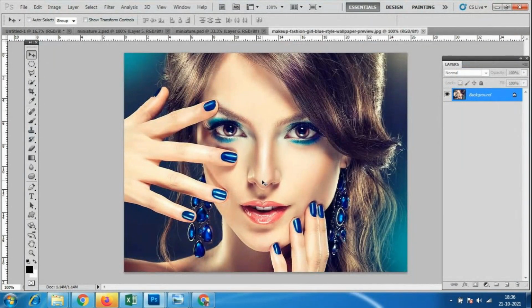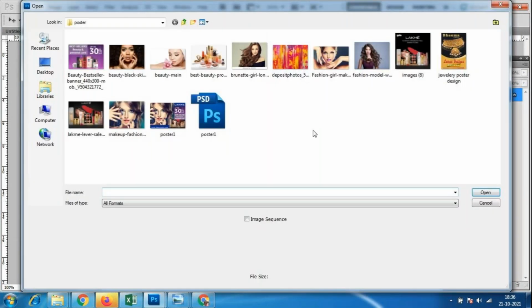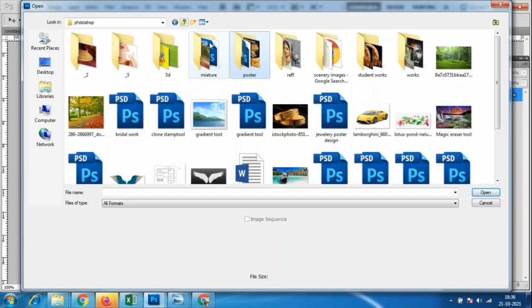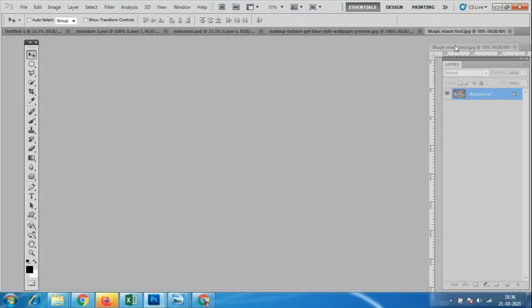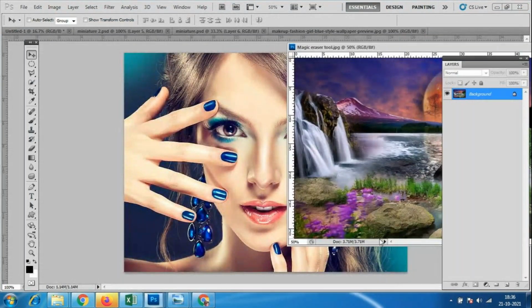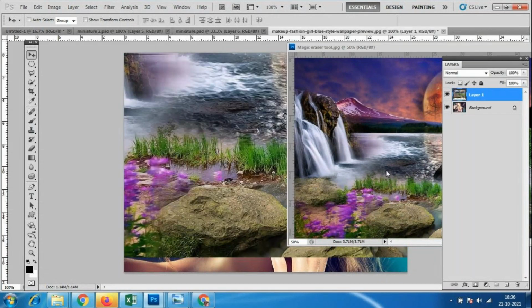If I take this image, suppose, let me check whether we can do it or not. Let us see how it will look. So I'll just add the file over here.